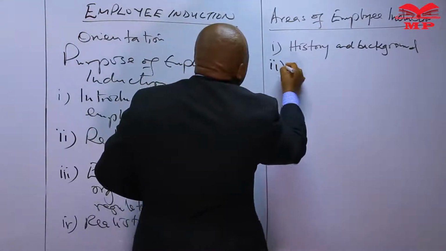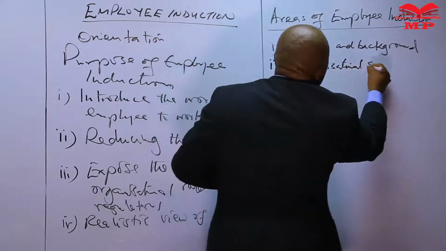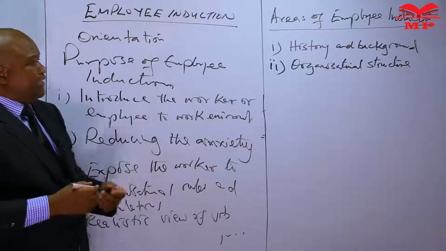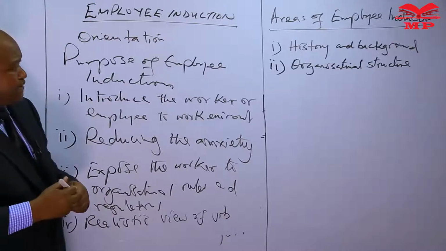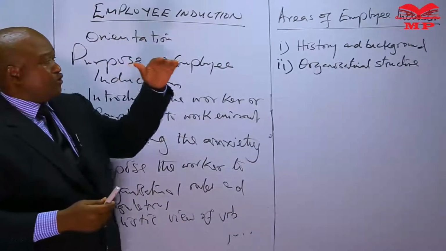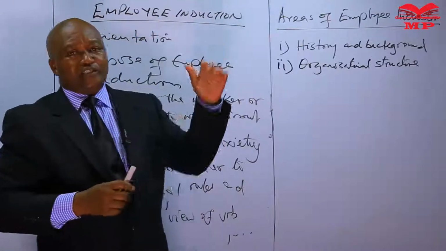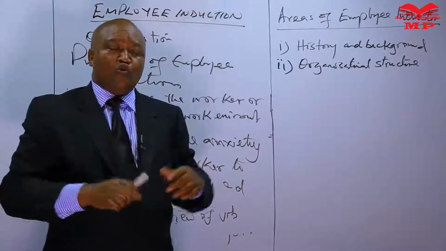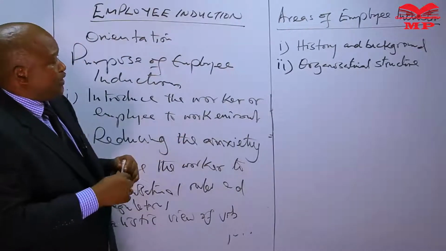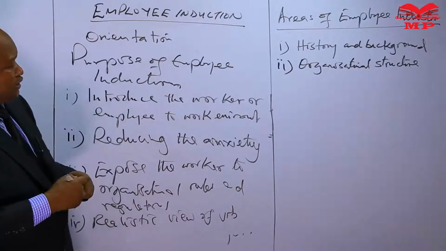The second aspect would be the organizational structure. An employee being taken through an employee induction program may also be oriented through the structure of the organization, showing the various levels or hierarchies within that particular organization in relation to who is the one in charge of that organization as a CEO, who are the deputies, who are the section heads, who are the people managing different departments, different units, so that the employee can have a structure of how work is performed in that particular organization based on this organizational structure.